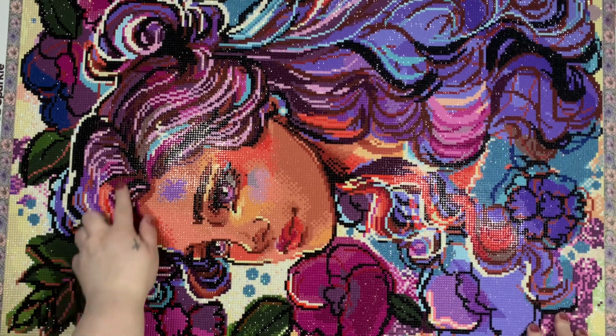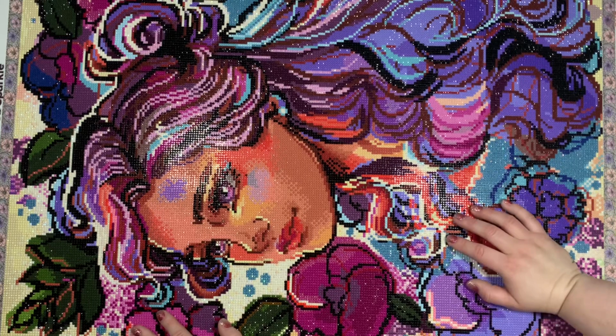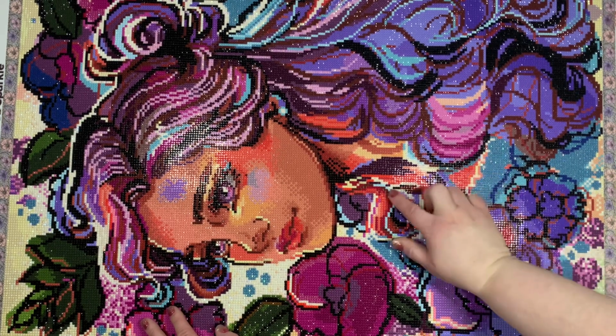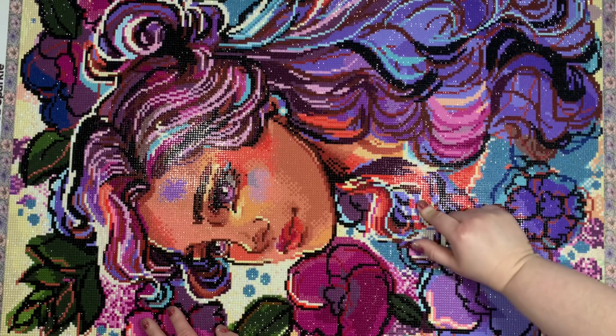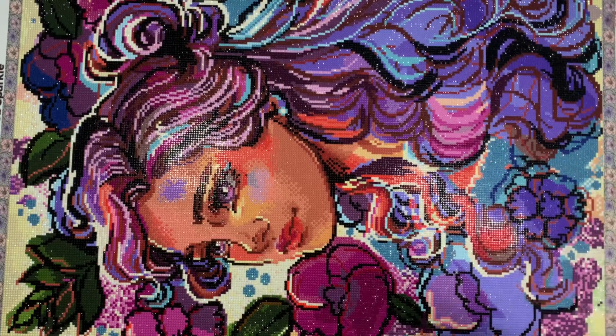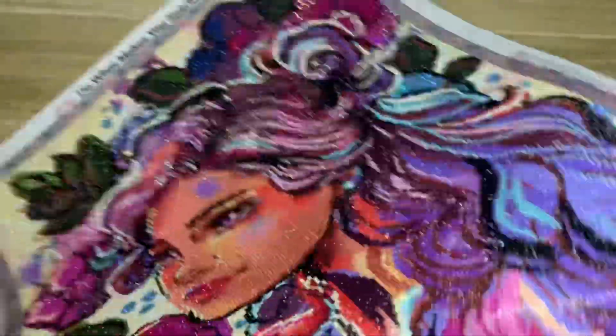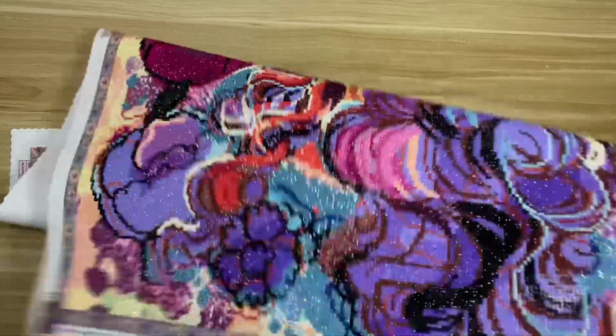Now, the light pink is throughout her hair. I like that. I don't have a problem there. The yellow, see, I added a yellow myself, so I'm trying to remember where they charted in. I think it was down here, kind of just throughout the bottom parts of her hair. They also had the blue. I don't love the blue AB to begin with, and where they charted it just isn't my favorite. There's a pen there for some reason. So it's just these big blocks of blue AB. So like here, over here,